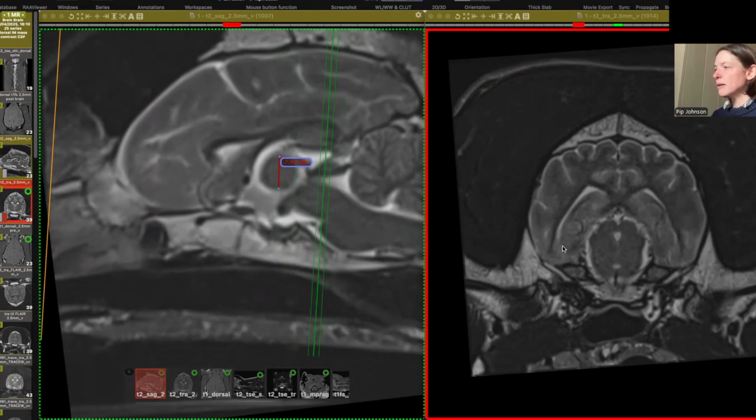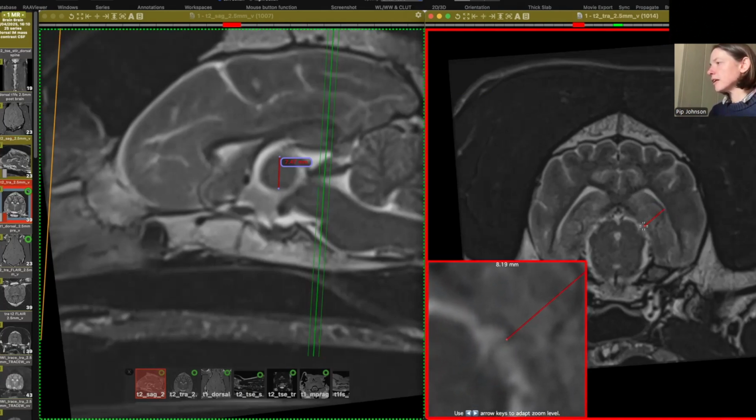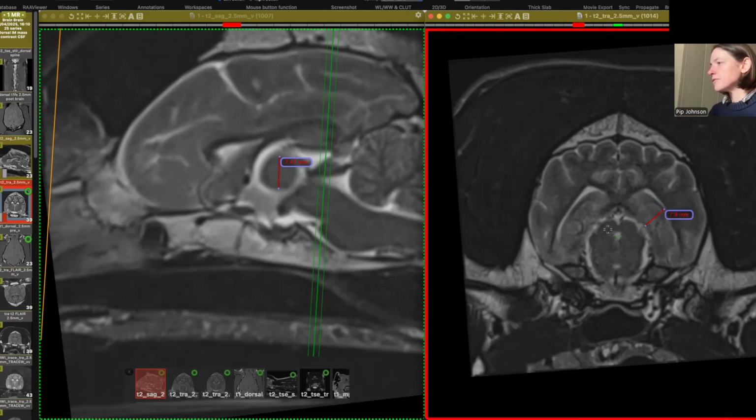And we're going to measure our hippocampal formation on either side at this level. So what we do is we're going to go from the edge of the lateral ventricle and the hippocampal formation and come in to the medial aspect here. And we're going to measure them at the maximal diameter of those formations and take those two measurements.